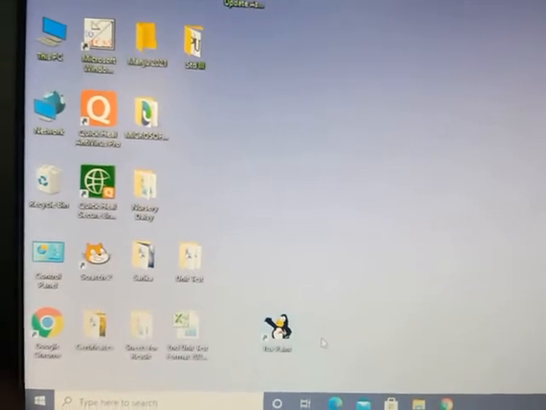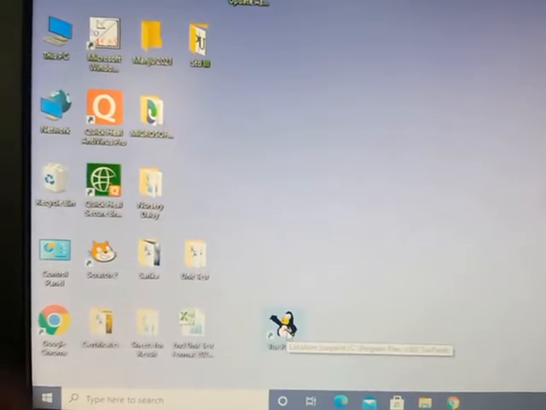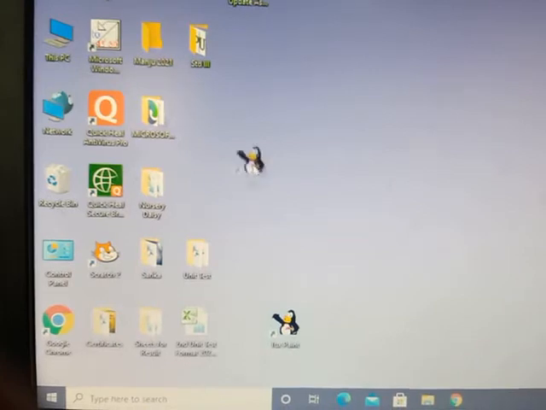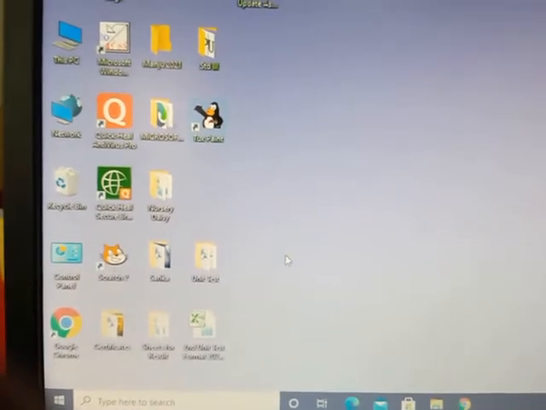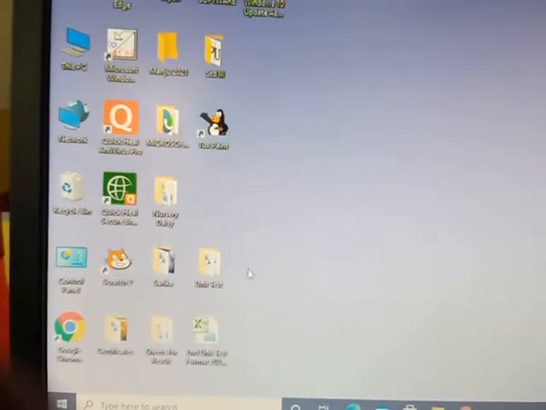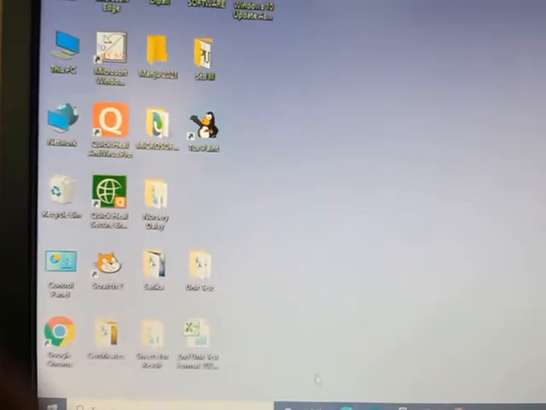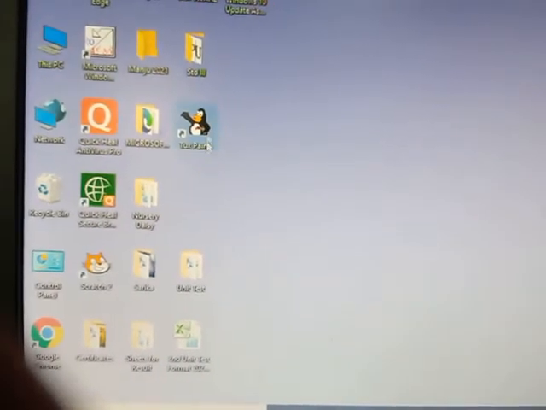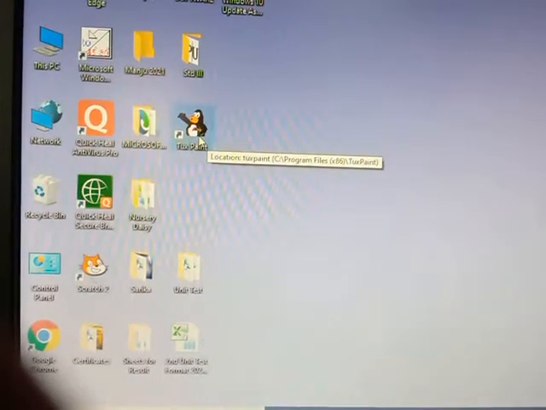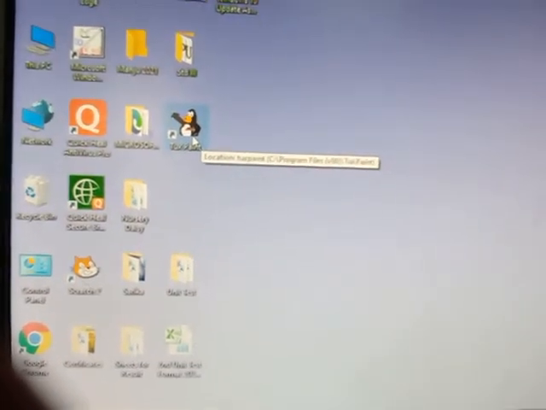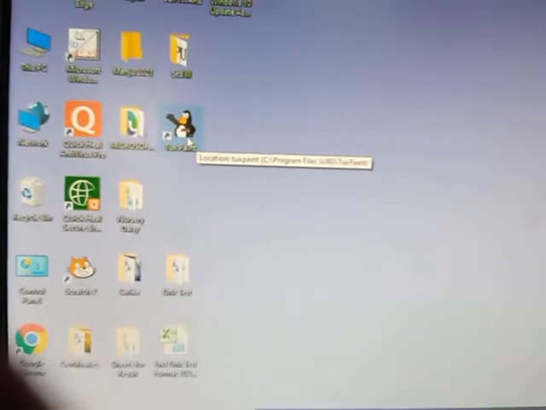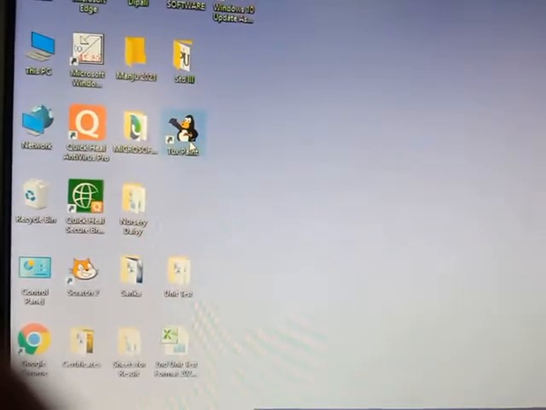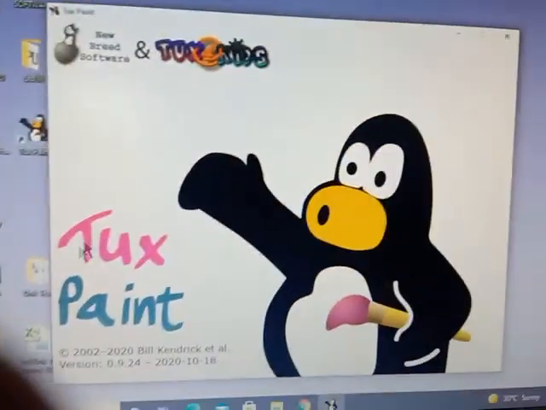Now after selecting an icon, you can move this by using drag and drop. Now from this icon I have moved from one place to another place, and now I want to open this icon. Then you have to give double click. So double click means you have to press left mouse button 2 times, then it will be open.